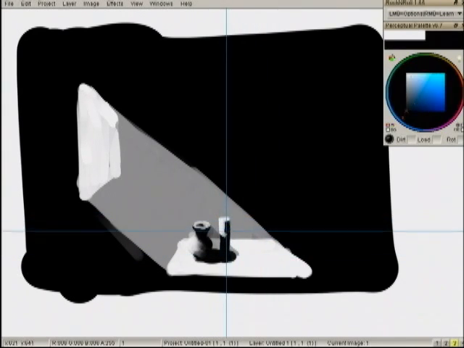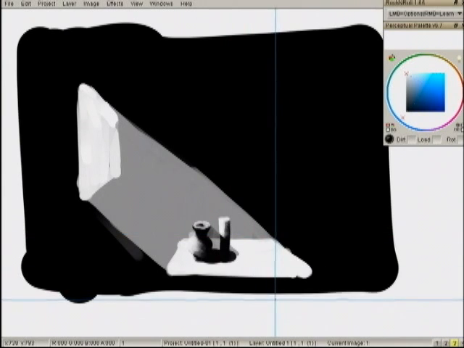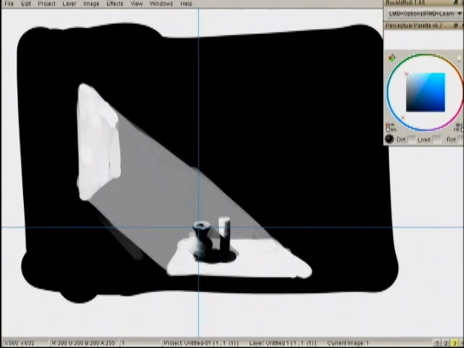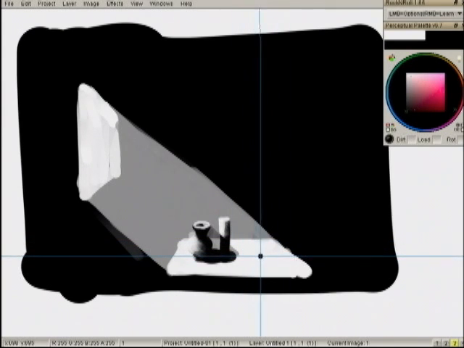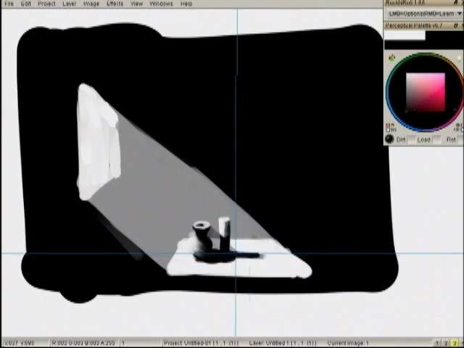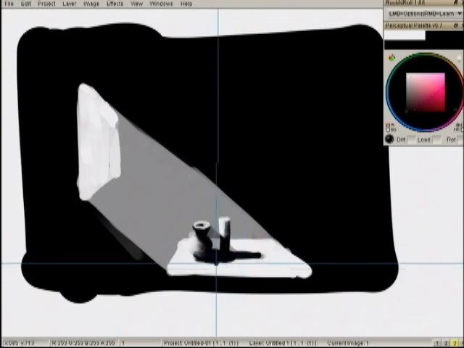There. So it's going to catch light. But anytime something catches light, what's it going to do? It's going to cast a shadow. So